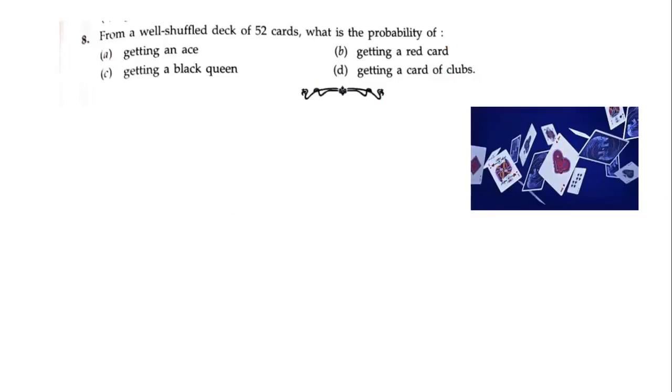From a well shuffled deck of 52 cards, have you played cards? Cards आपको पता होंगे, ताश के पत्ते। What is the probability of getting an ace? आप देखिए कार्ड्स में आपके पास 4 साइंस होते हैं। अगर मैं ब्रीफली आपको कार्ड्स के बारे में बताऊं तो 4 साइंस होते हैं।